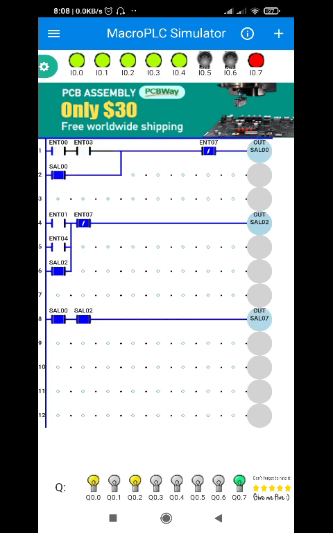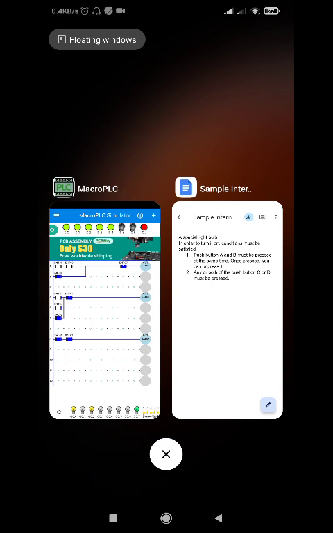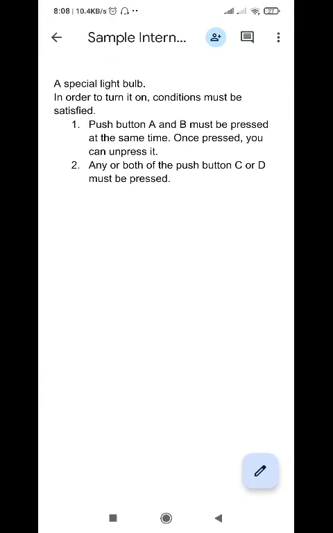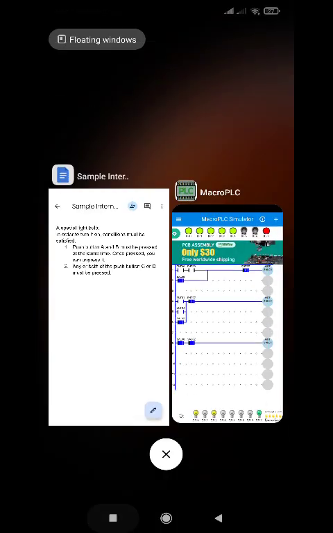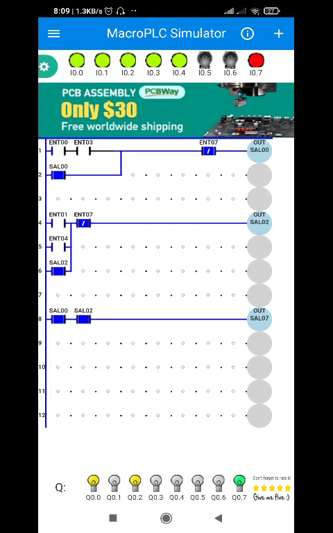Okay, so regardless if I satisfy the second one first and then the first one, there is no issue with this program. Okay, now from the condition, we just need to turn on a special light bulb. Okay, but for this program, I turn on a special light bulb, but I also turn on two ordinary light bulbs. Okay, so for practicality, this is not a good program because we just need to energize one light bulb,